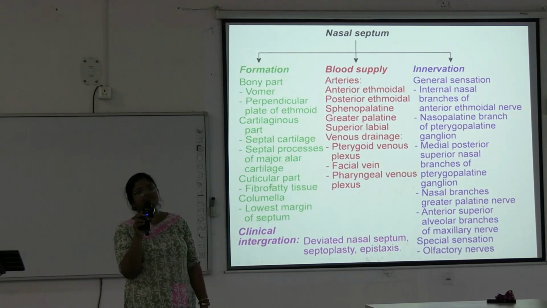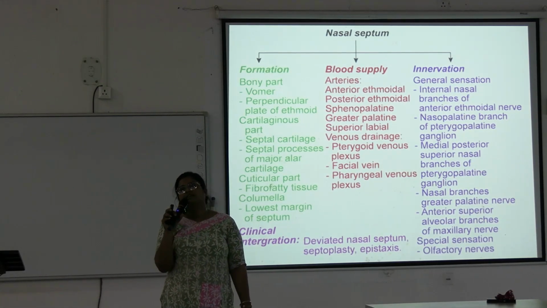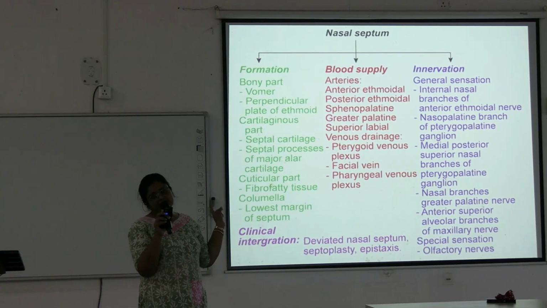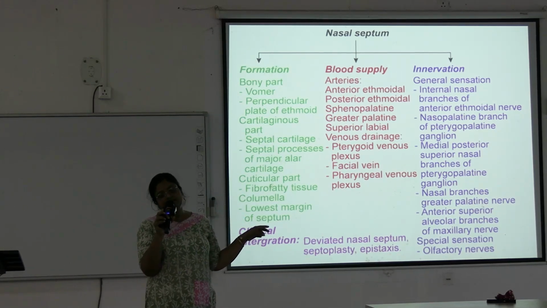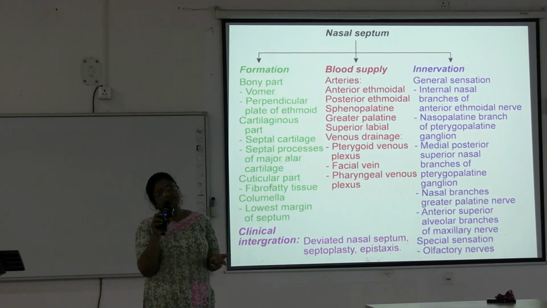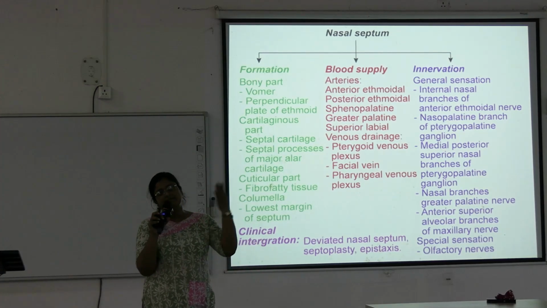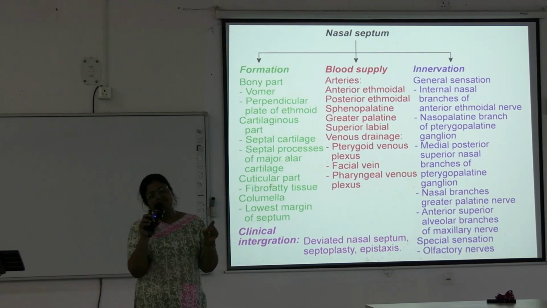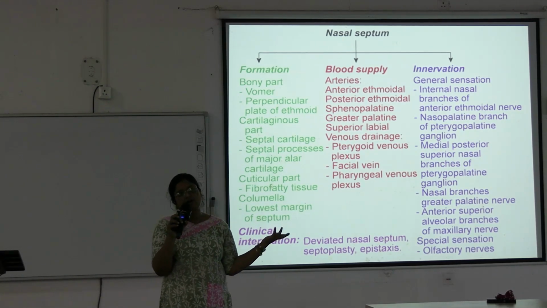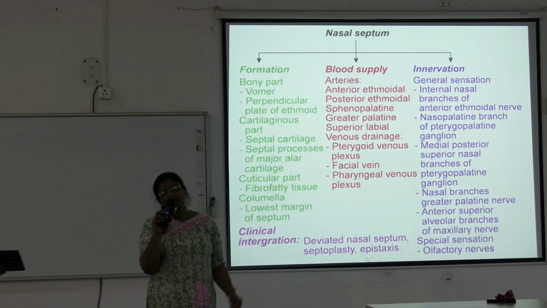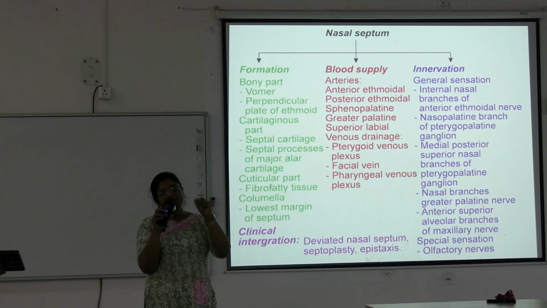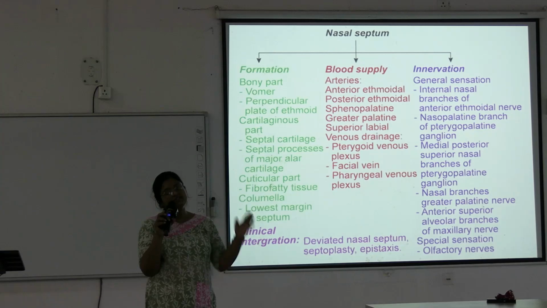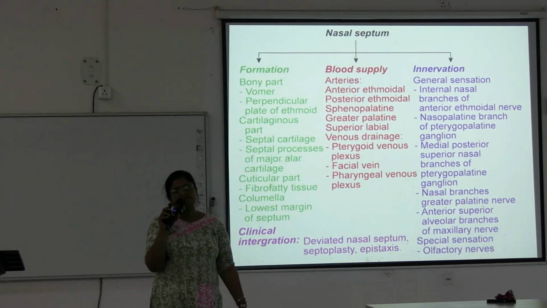Any queries from this topic? The formation of the nasal septum can be asked in your viva, in the bones table, or also in the viscera table. Viscera table means when a head and neck sagittal section is given, you will see the nasal septum and the examiner can ask how it is formed. And the different parts: septum proper, membranous septum or cuticular septum, and the columella septum. These are the three divisions of the septum. Okay, understood?